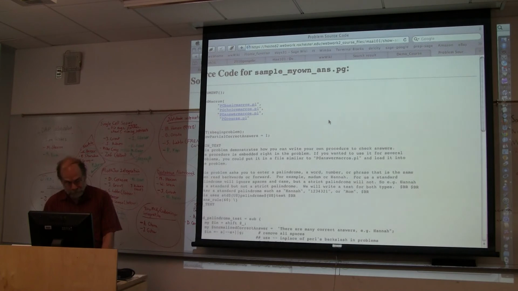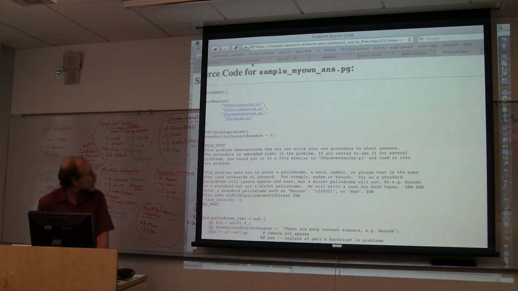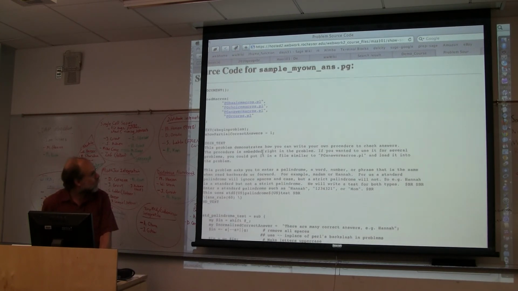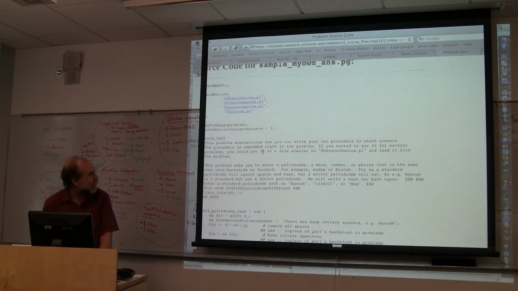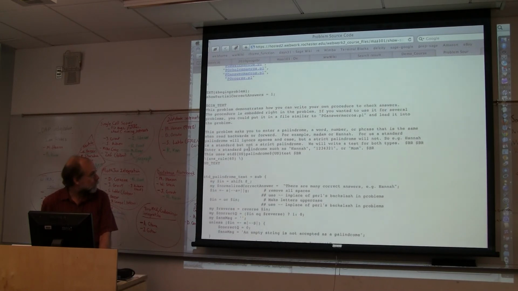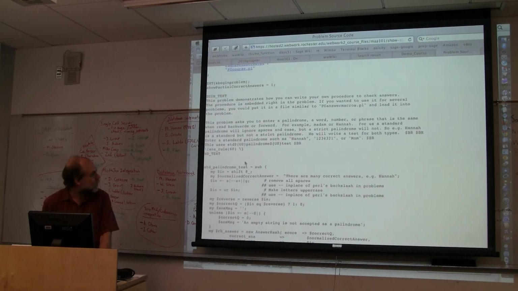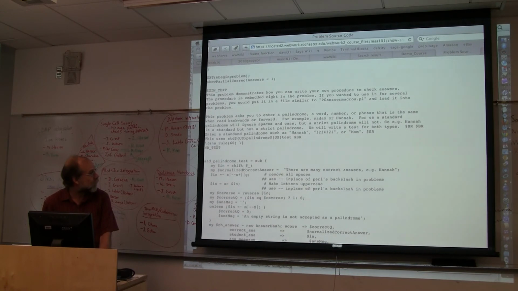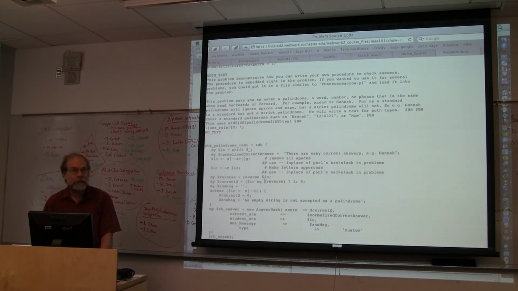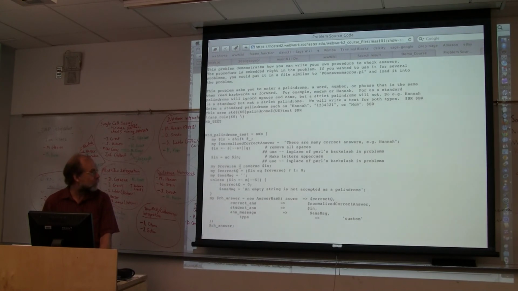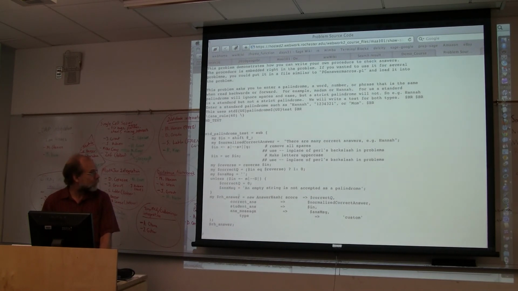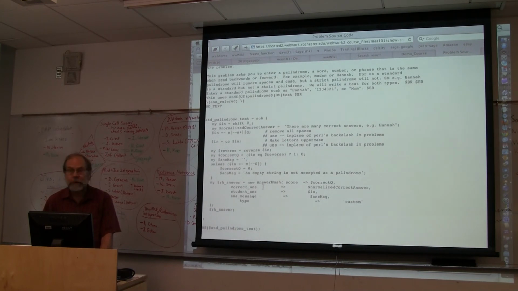So this is what, move this over a little bit, this is what the source code looks like. There's boilerplate at the top. This is a fairly old problem, but it shows you the ideas behind it. In fact, this is one of the first problems I wrote when I designed the thing. Here's where the text is, and then here's the Perl-ish stuff. This is the standard palindrome test. It says take the student's answer and figure out whether it's correct or not, and then there are a few things to give them information about. For example, we have the string concept of the palindrome and so on and so forth. So right inside this problem itself, I wrote.